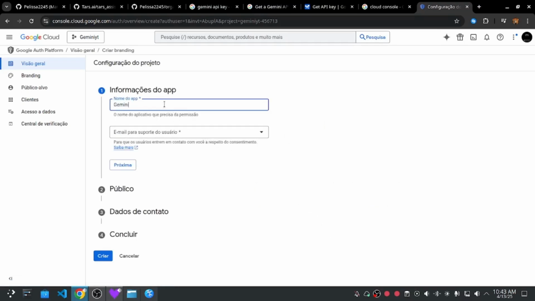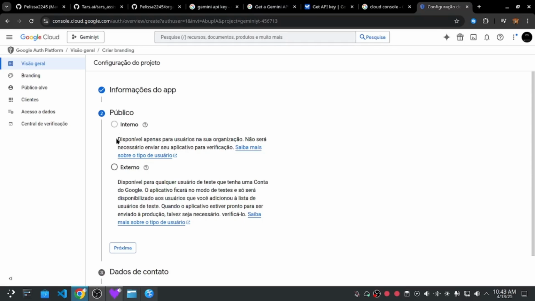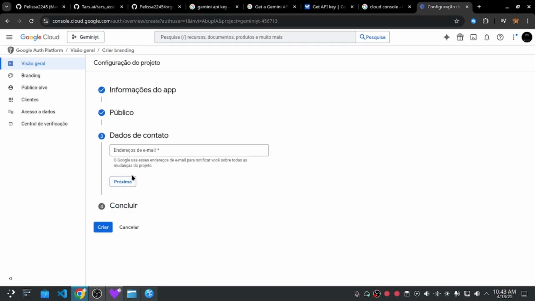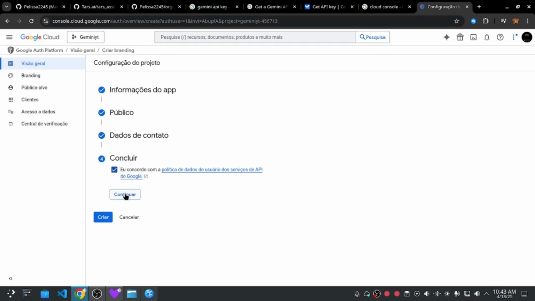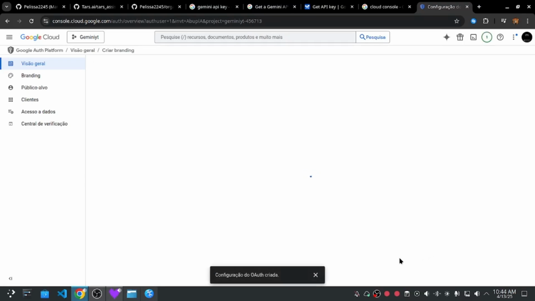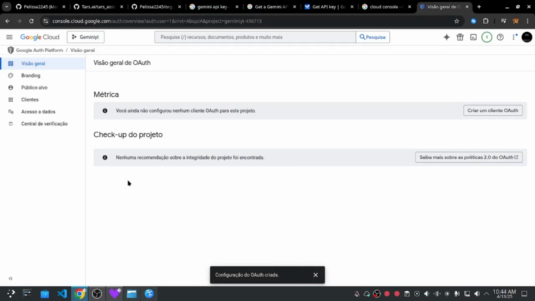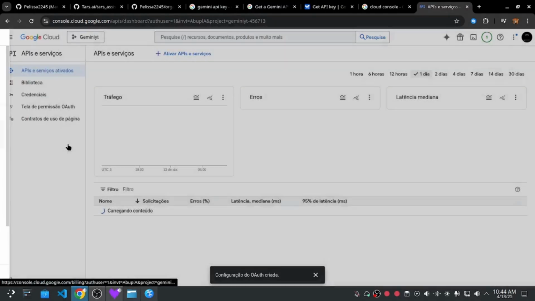I'm going to put the name of the app, just like this. Got my email. It's going to be external, has to be external. Next. Let me just put an email over here real quick. Yeah, like this. Next. And then you have to agree with this. And then click on create. Now you have to wait a little bit. And now that the OAuth was created, now you can go over here on API services,